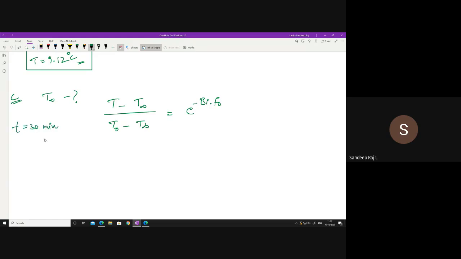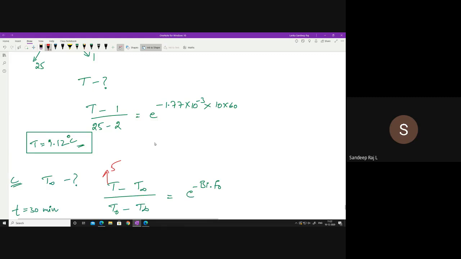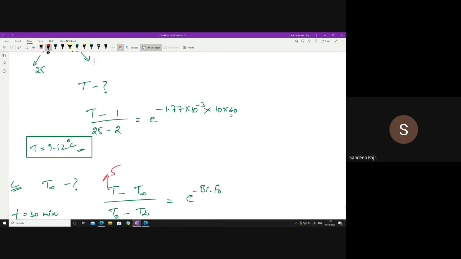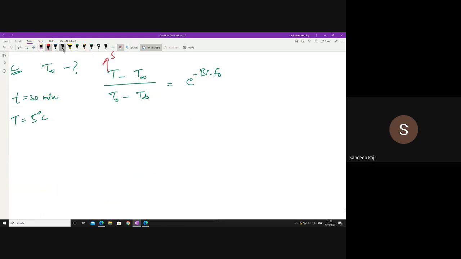The temperature is given as 5 degrees centigrade. If the piece were to be cooled down to 5 degrees centigrade, then this temperature is T according to our nomenclature. So this is your 5. He's asking you to find out T infinity. Now the Biot into Fourier, you have to substitute this 1.77 into the 30 minutes here. So it will be like this: 5 minus T infinity